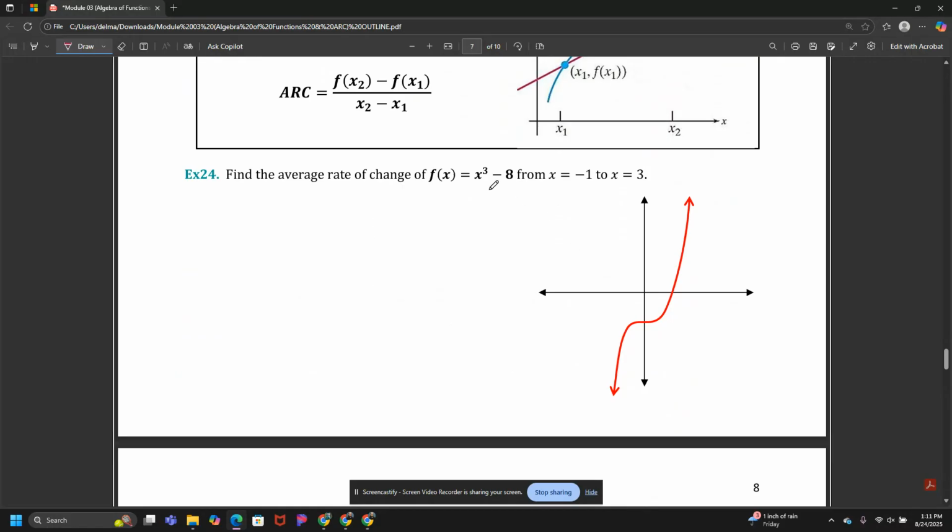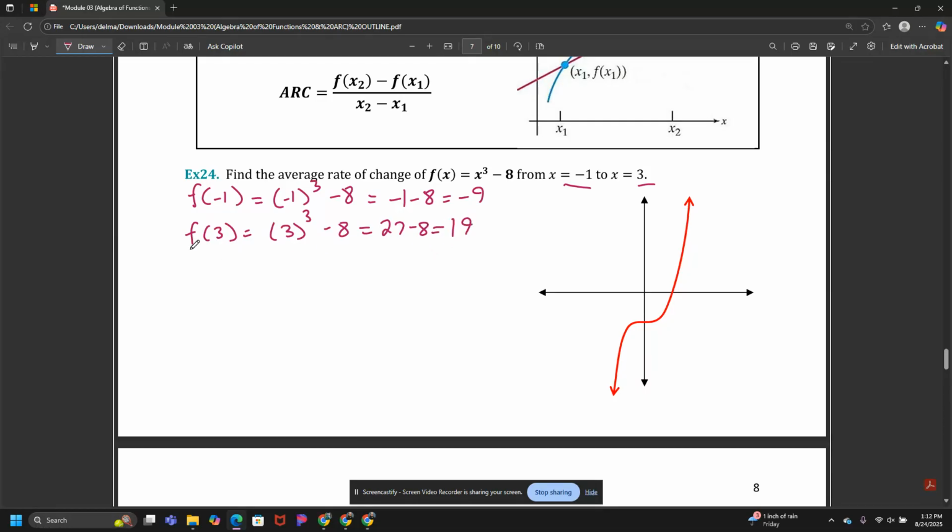Find the average rate of change of the following. So these are my x1 and x2 values, as it were. I'm going to substitute those in to find my y values. Negative 1 to the third is just negative 1. Negative 1 minus 8 is negative 9. Plugging in 3, I'm going to have 3 to the third minus 8. 3 times 3 is 9. 9 times 3 is 27. 27 minus 8 is